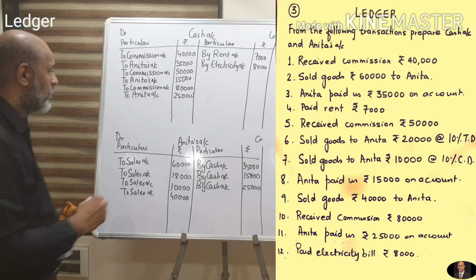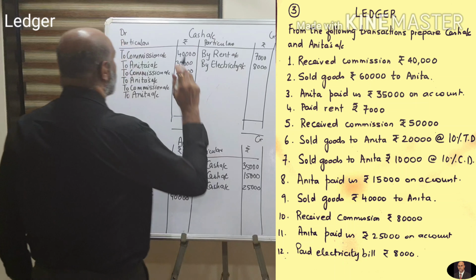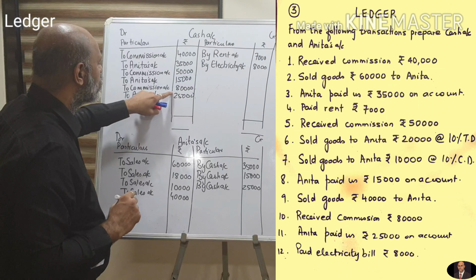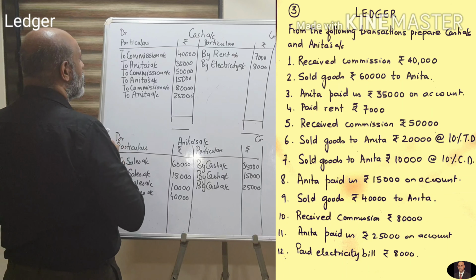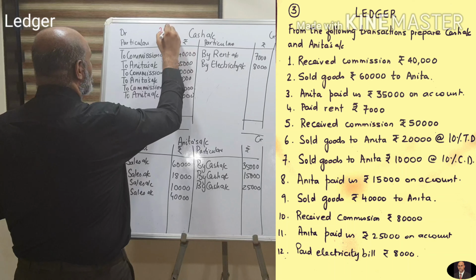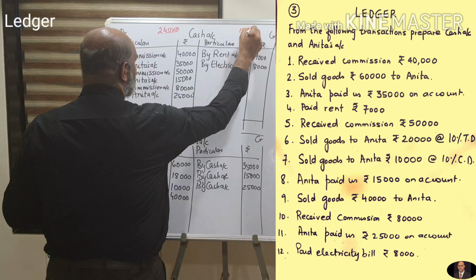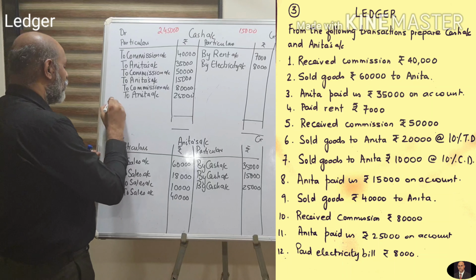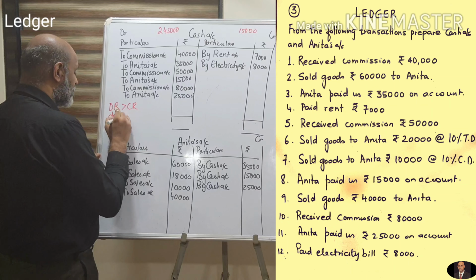the cash account. We total up both the sides. 40, 75, 75, 1 lakh 25, 1 lakh 40, 1 lakh 40, 2 lakh 20, 2 lakh 45,000. 2 lakh 45,000 is the figure on the debit side. Your credit side is 15,000. Of course, your debit side is greater than the credit side. If your debit side is greater than the credit side, it is a debit balance.